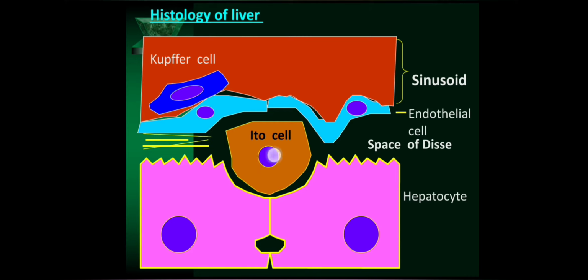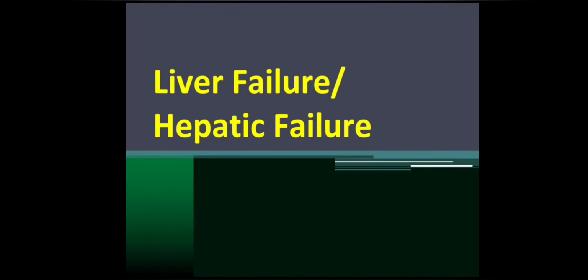The blood containing sinusoid. So this is a sinusoid which is lined by endothelial cells, and it has blood as a component, and sinusoids are also lined by Kupffer cells. In between the endothelial lining of the sinusoid and the hepatocyte is the space of Disse. This space of Disse will have a few scattered fat-storing Ito cells. Okay, so this is the microscopic picture of the liver.